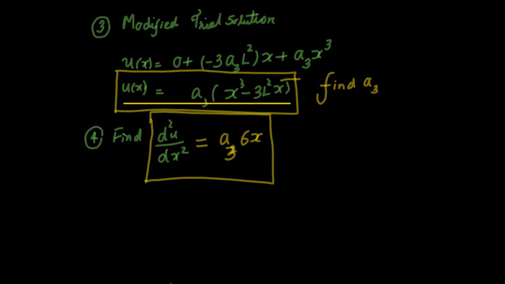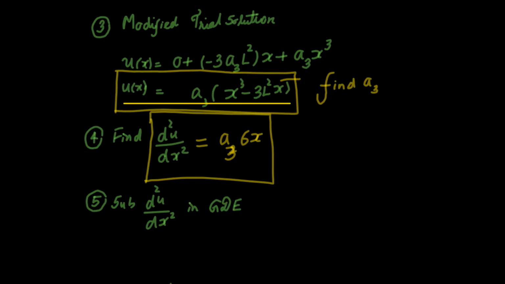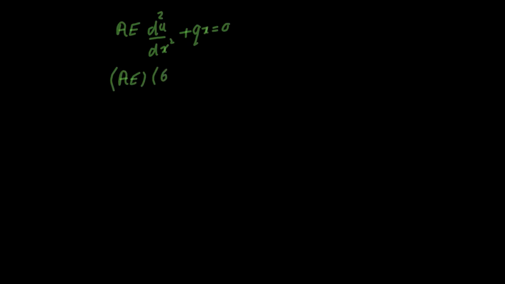Okay, let me substitute the value of d squared u over dx squared in the governing differential equation. So that will be step number 5. Step number 5 is substitute d square u over dx square in the governing differential equation. So let me take the next page and let me substitute the value of d squared u over dx squared. So governing differential equation is AE into d square u over dx square plus qx is equal to 0. The next step, it is going to be AE into d squared u over dx squared. That is 6a3x. So it is going to be 6a3x plus qx is equal to,